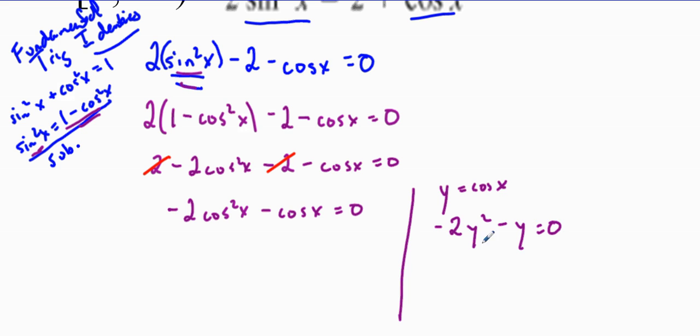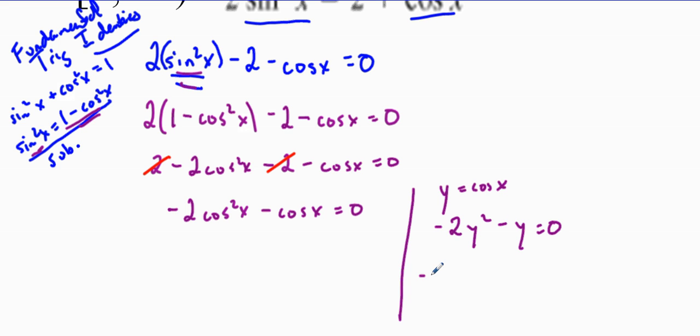All right, how would you solve this algebraic expression? I'm going to change something that is not familiar to something that is familiar, right? So let's say we have y equals cosine. If you don't understand trig, this is what I would do to get a little bit of understanding. All right, now what I would do is distribute out